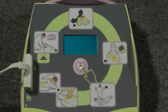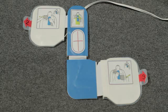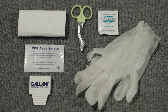It also has a screen display that simultaneously shows all voice prompts as text, along with pictorial icons depicting the various things you should do as you proceed through a rescue. And it has a one-piece electrode pad for analyzing the heart and delivering a shock, and a CPR landmark that allows the AED Plus to see your chest compressions and encourage you to perform CPR at the correct rate and depth. A rescue accessory package is attached to the electrode pads, which contains a barrier mask for giving rescue breaths,